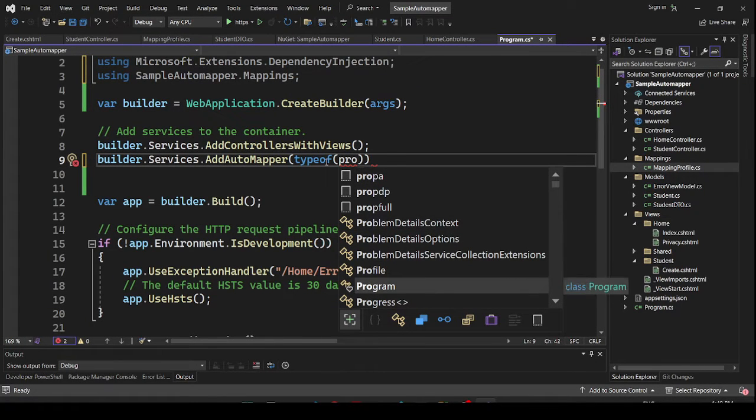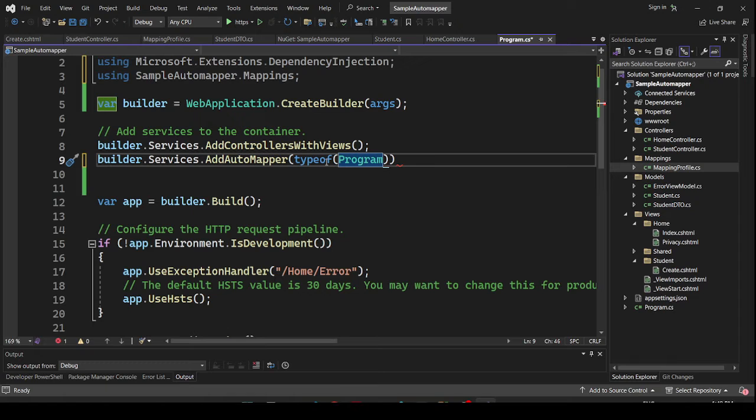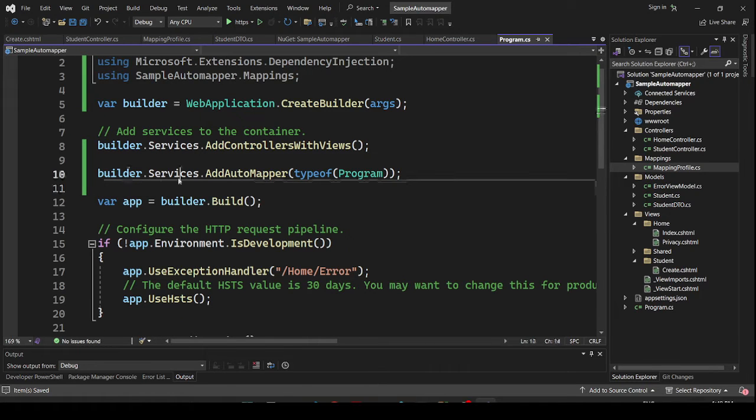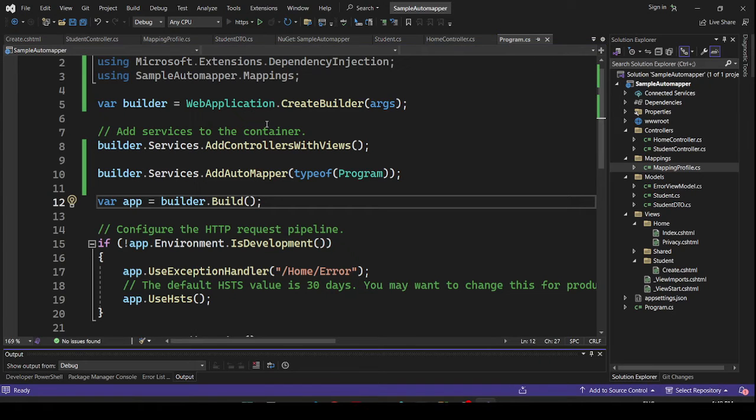So if we do that, then we close this. So we'll say builder.services.add AutoMapper type of. So if we run this,